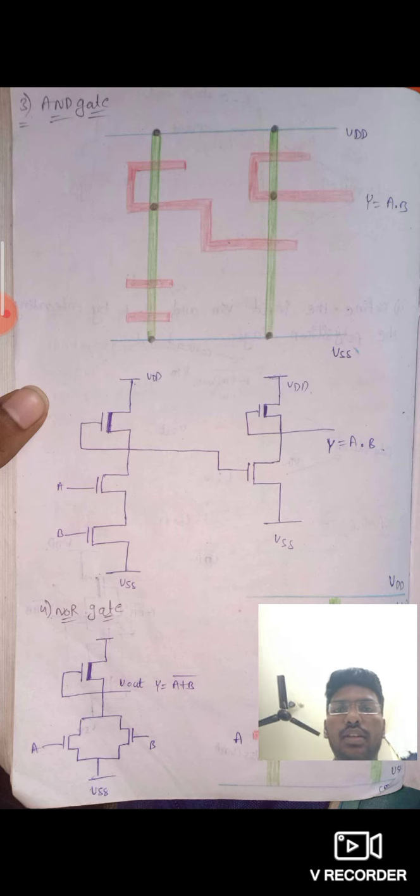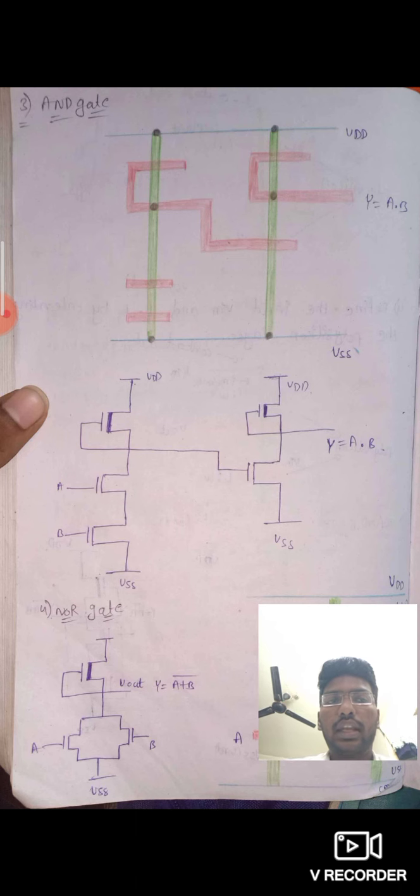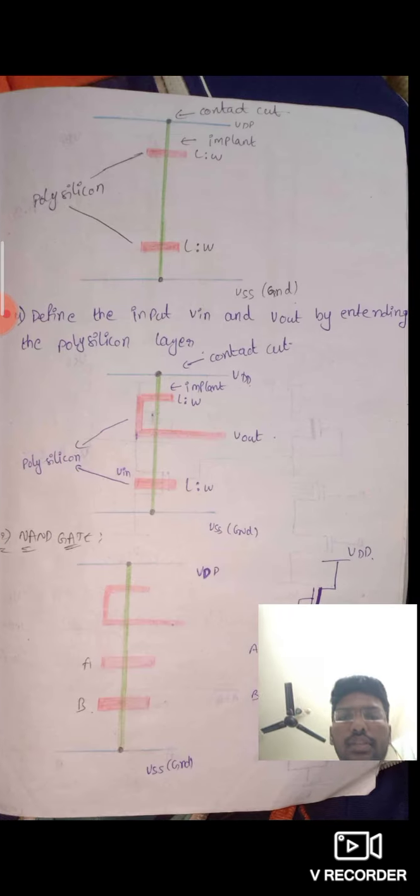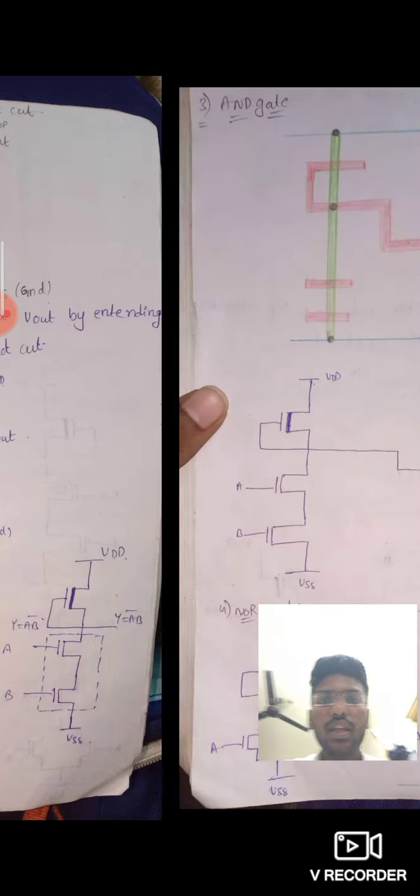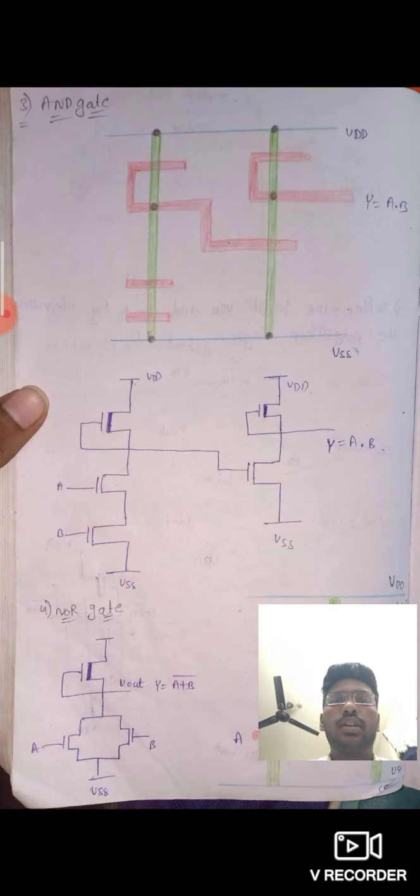To implement this, we have to connect a NAND gate with a NOT gate. We already saw in the previous slide, this is the AND gate CMOS logic, and this is the NOT gate CMOS logic. To implement the AND gate, we just connect the inverter gate at the output of the NAND gate. Here the diagram will be shown like this. Just in the NAND gate stick diagram, at the output polysilicon line,